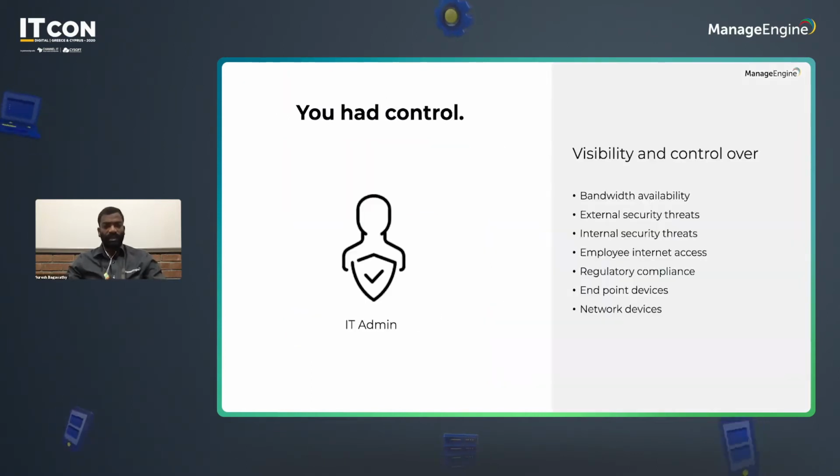You all must agree with me that a couple of months before this pandemic, we could see that the administrator had complete control over the network. They were happy with all this control. They had visibility and control over the bandwidth. So they knew how much bandwidth was being used in the network, how much bandwidth an employee was using. They could determine how much bandwidth an employee could use. And